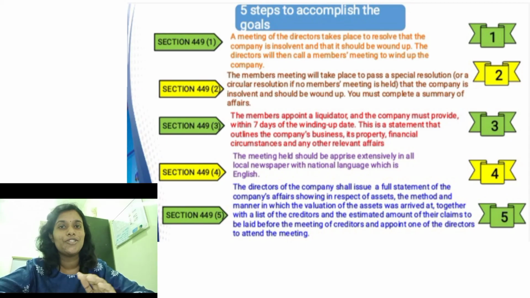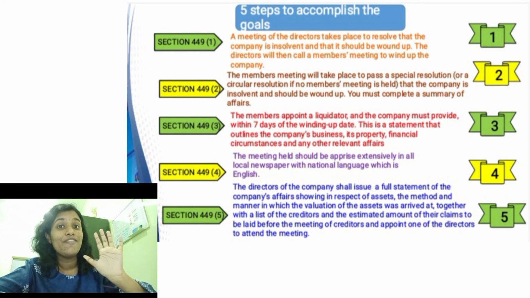Now moving straight to the point, there are 5 steps to help the directors dissolve a company which is insolvent. The steps can be found from Section 449 subsection 1 to Section 449 subsection 5.